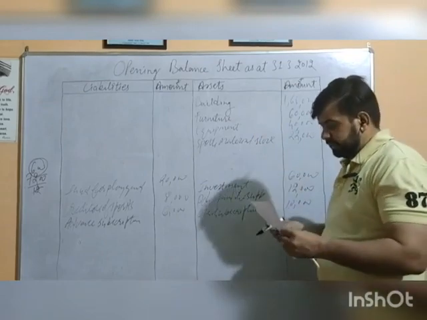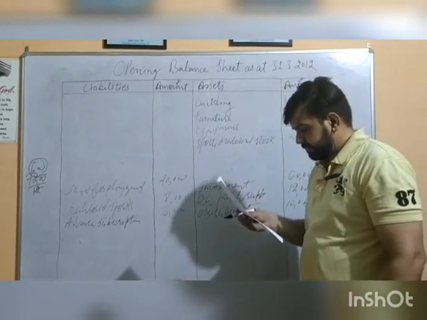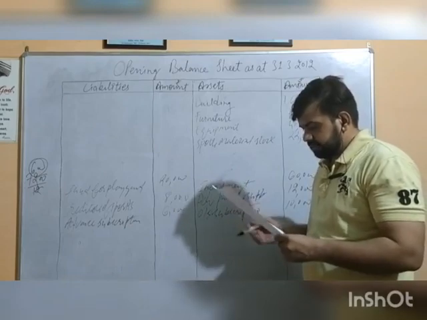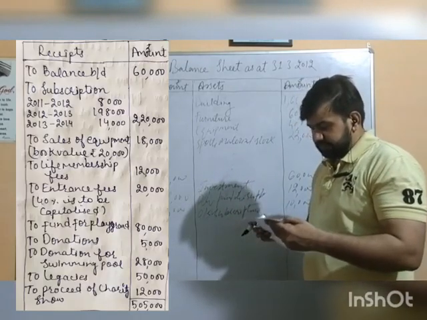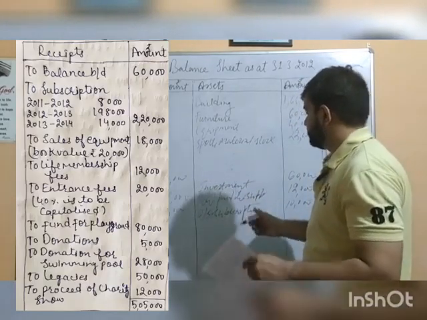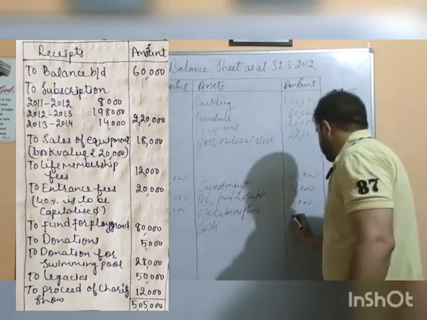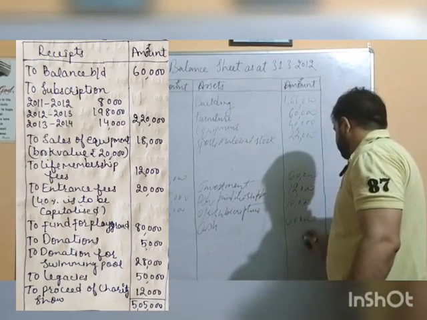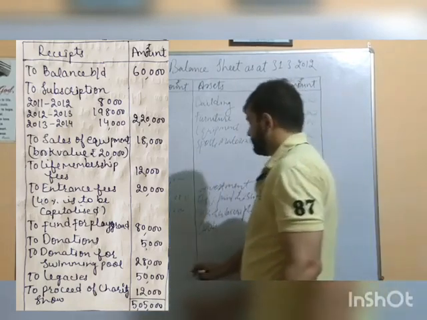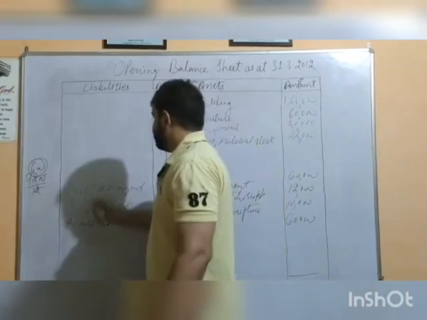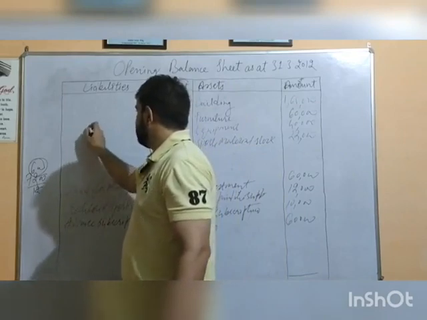Check whether any other piece of information is left or not. No, here we are done with our four opening balances. Cash, rupees 60,000 is still overdue. Opening balance of cash is given in the receipt and payment account as rupees 60,000. Now we are to total these two sides and we will come out with the capital fund, which is to be shown on the liability side of balance sheet.